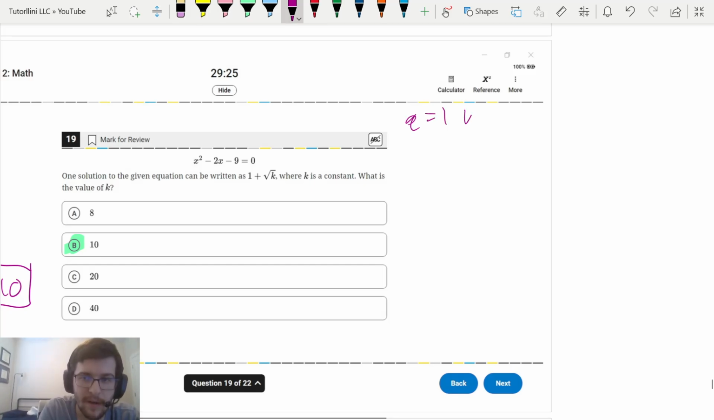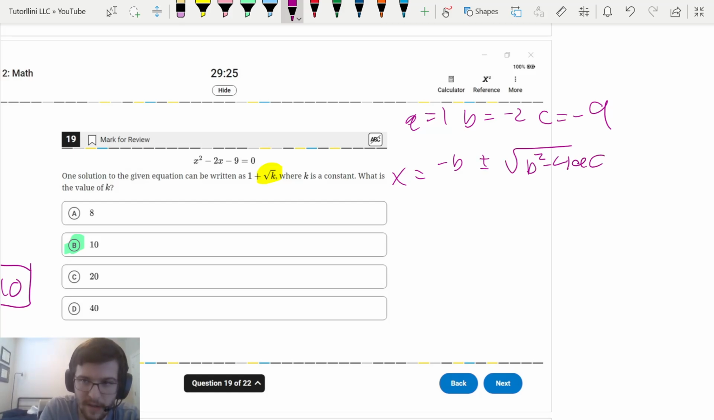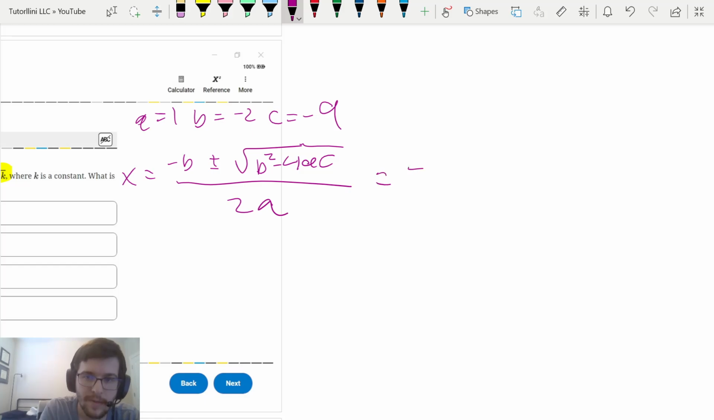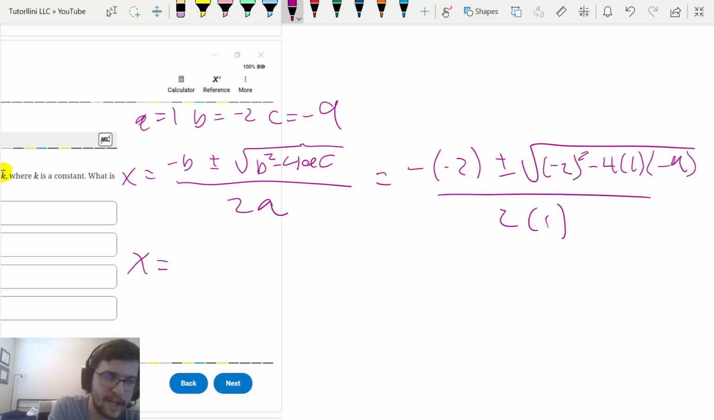So a is equal to 1, b is equal to -2, and c is equal to -9. Anytime you see plus or minus a square root in a quadratic problem, they want you to do the quadratic formula. -b plus or minus the square root of b squared minus 4ac all over 2a. So we get -2 plus or minus the square root of -2 squared minus 4 times 1 times c, which is -9, over 2 times 1. So if you simplify that, you should get 2 plus or minus root 40